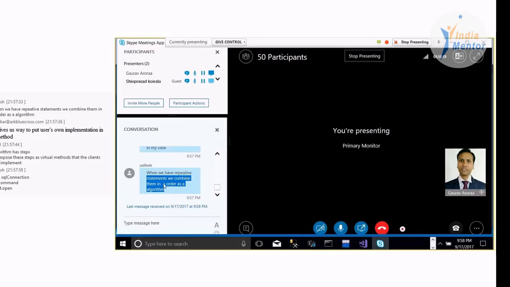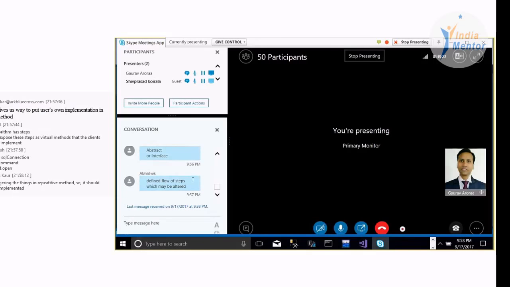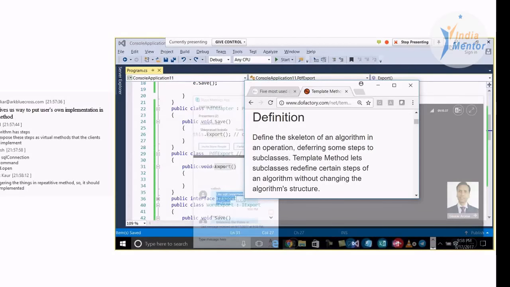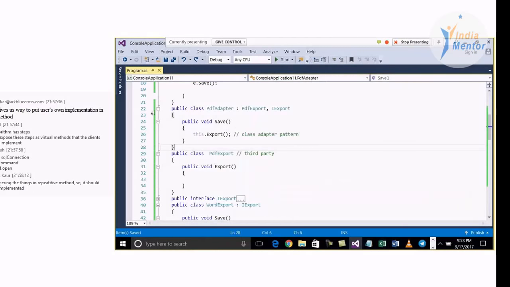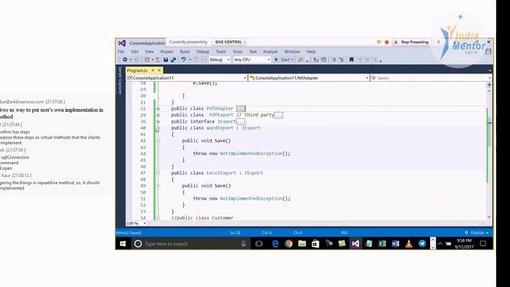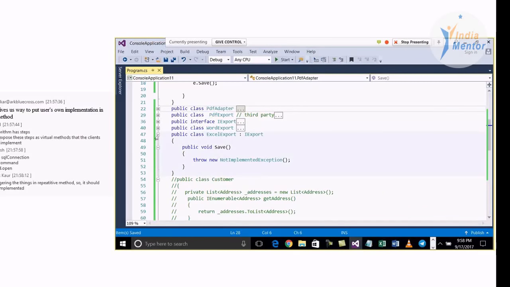I saw one answer which was right. Define flow of steps. Okay, so I can see a lot of people are answering there, and almost everyone is answering right. And Salish sir has said a very good thing, that ADO.NET thing, right? I can see it on the chat. So let us talk about it. Now, look at this. So I'm going to go and put a comment here, and also this